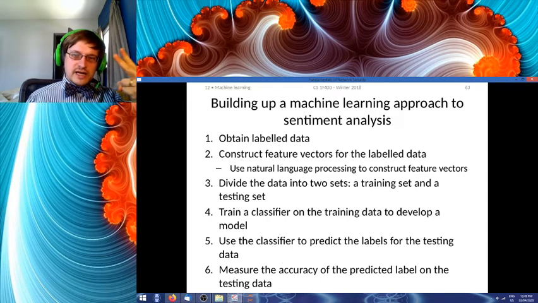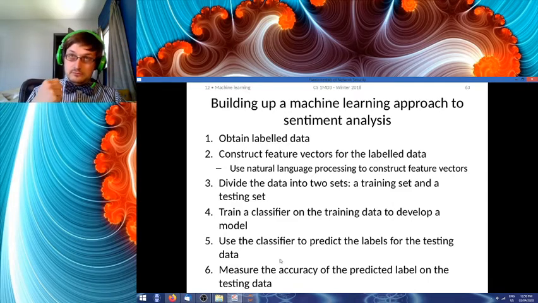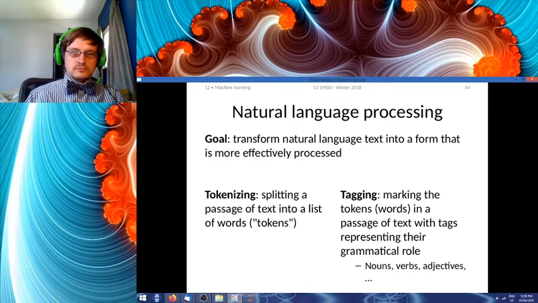In this case, we're using natural language processing to construct feature vectors. Number three, we will divide the data into two sets, a training set and a testing set. Number four, we train a classifier on the training data to develop a model. Number five, we use the classifier to predict the labels for the testing data. And number six, we measure the accuracy of the predicted label on the testing data.